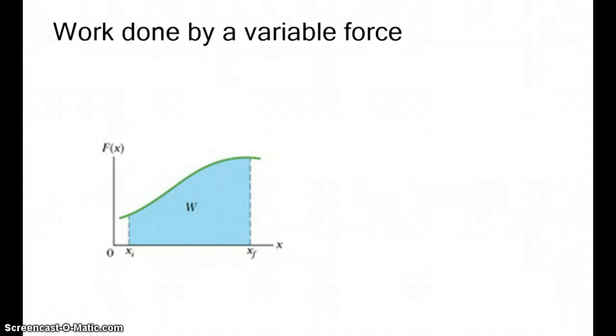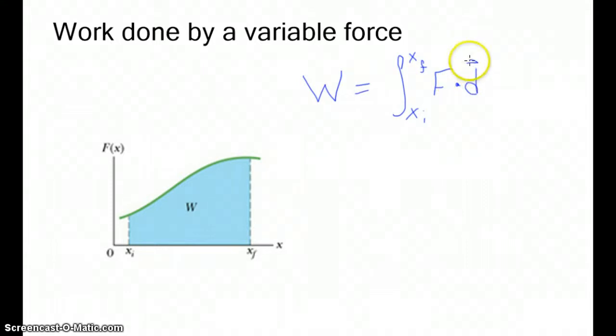So in general, the work done by a variable force is going to equal the integral from your initial position to your final position of the force dotted with the position. In this case, that would be x. So we would have basically F dot dx